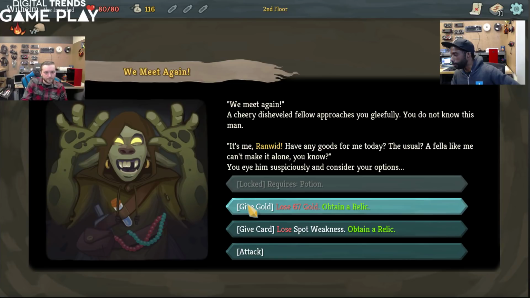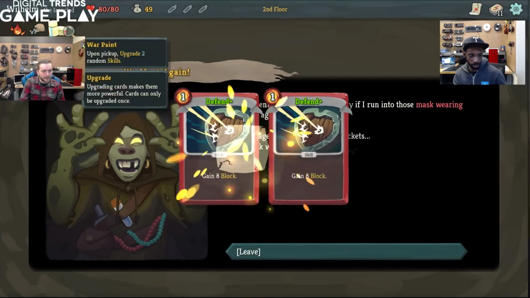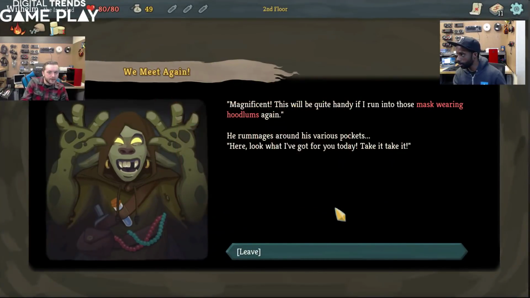Man, I wonder what would have happened if we had that potion. Like, you give him the potion. Yeah, but then we don't know what we get, right? Yeah. It's probably a relic, I would imagine. But I feel like this is all he's given, his relics. We're going to get a relic. We got War Paint. And we get...